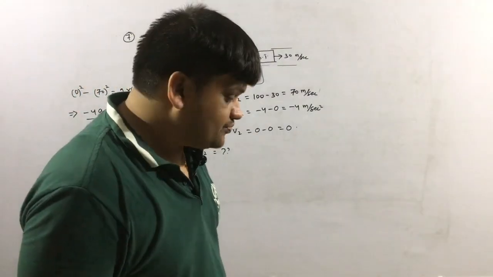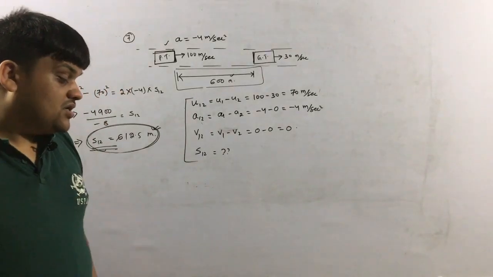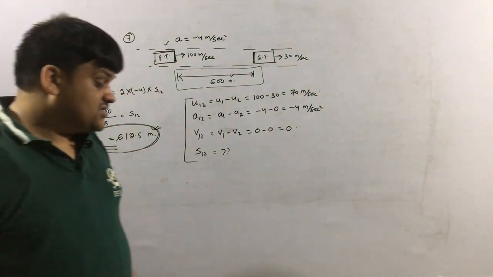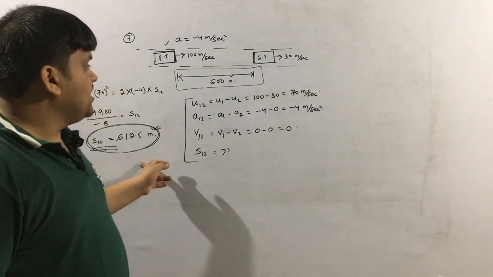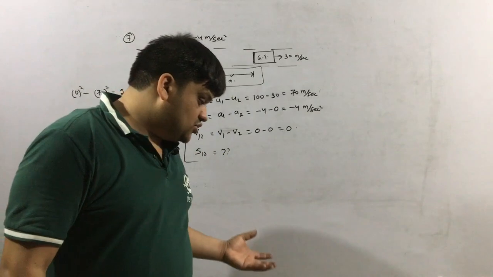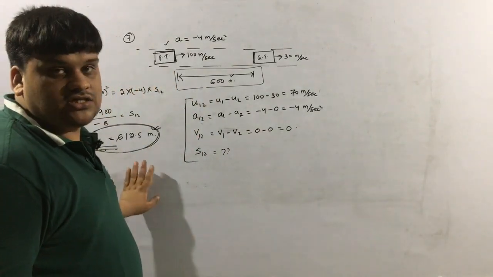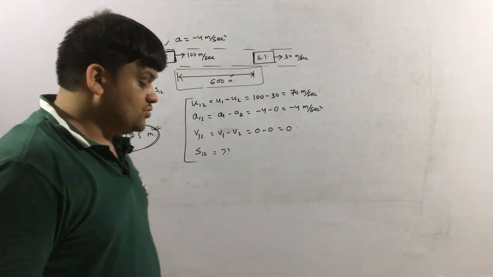Is this point clear? Now let us come to the next question. Actually the next question is exactly the same question, but it is in terms of some symbols D, V1, V2 and like that. You can just solve it in exactly the same way. So it is also an assignment for you.